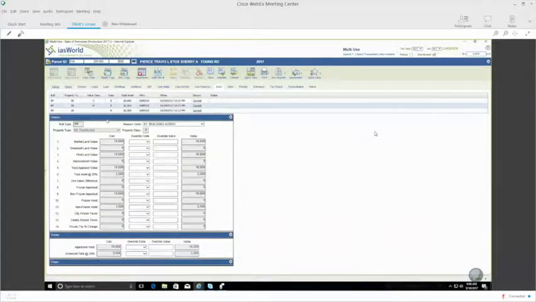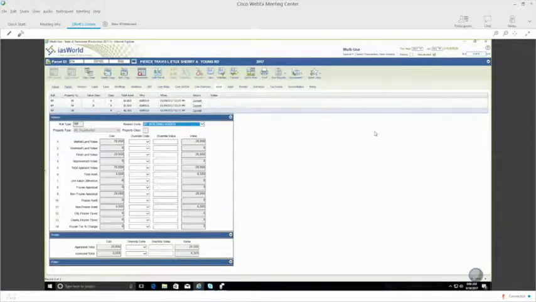Then, once those calculations are done, this third assessment record is created. This is the val class null record. This val class is null, and what it does is sum all of the constituent parts of the previous assessment records. So you can see each of these fields is going to be the sum of the same fields from the other records. So the val class null record shows a total land value for this parcel of $20,000,